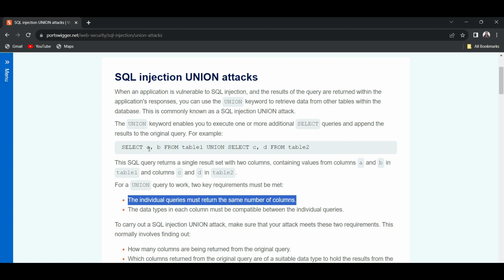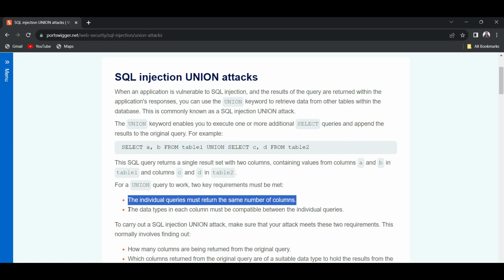Meaning if the first query, SELECT A, B FROM table1, has two columns, then this is the necessary condition: the second query also needs the same number of columns. We cannot add a third column in the second query.